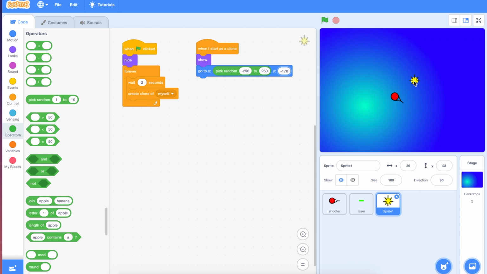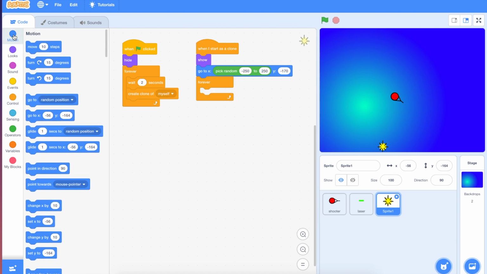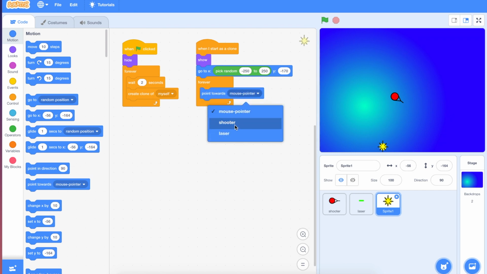Alright, let's have a try with that. Move him down there. Yeah, random positions along the bottom. Go to those positions there, and then forever we want to point towards the shooter. So always aim towards the shooter. So these aliens are always going to be pointing towards the shooter, and move,